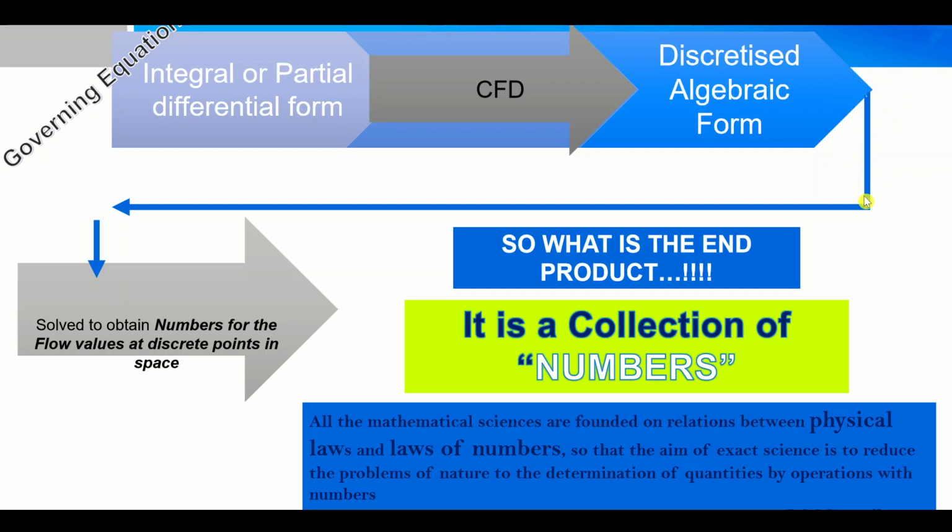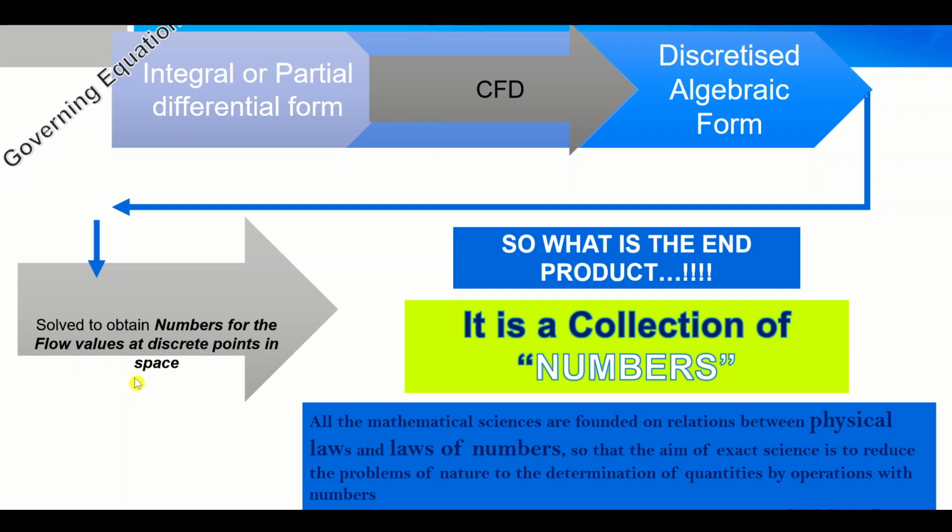program itself. It is solved by the solver itself, right? And these equations are solved in an iterative manner, okay? And the result we are getting from these equations when we are solving them is nothing but numbers. So I've just written over here, the equations are solved to obtain numbers for the flow values at discrete points